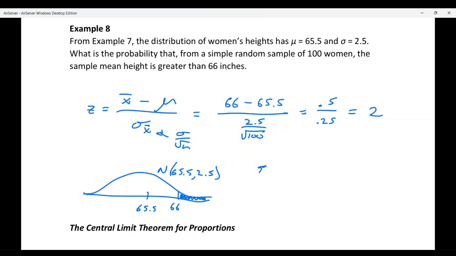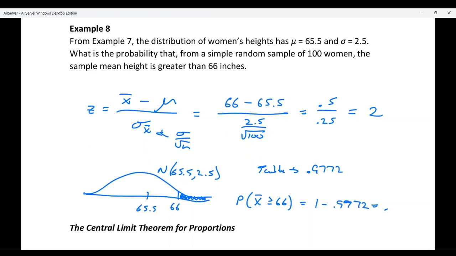Going to the table, and again, I won't go there to show you. You should be able to find this on your own. We would find that the value is 0.9772. But again, that's to the left. We want to the right. So the probability that the average is greater than or equal to 66 is 1 minus that,